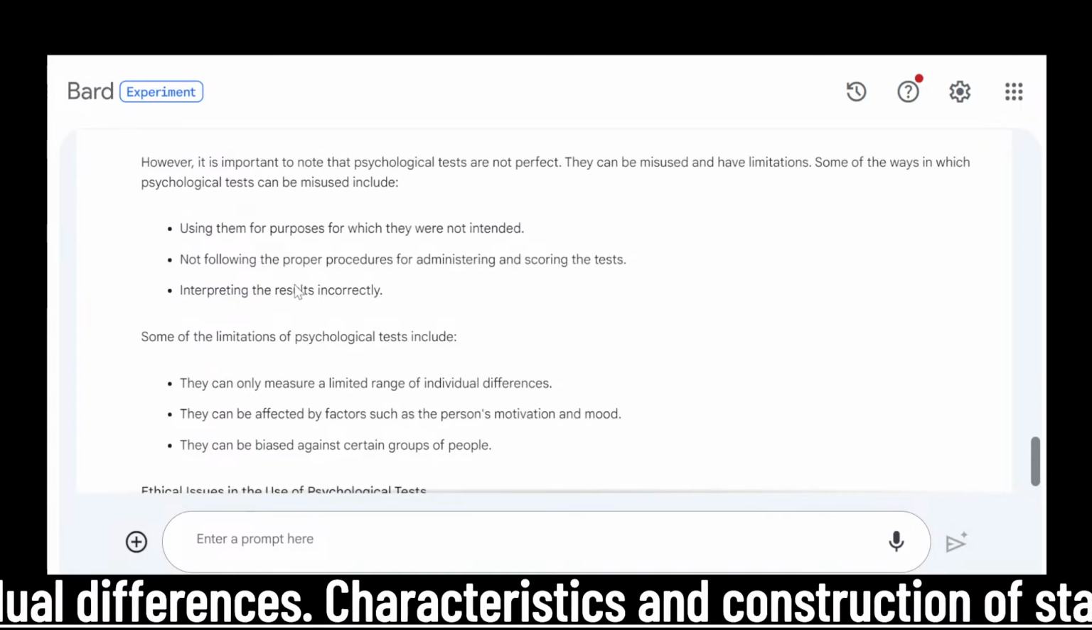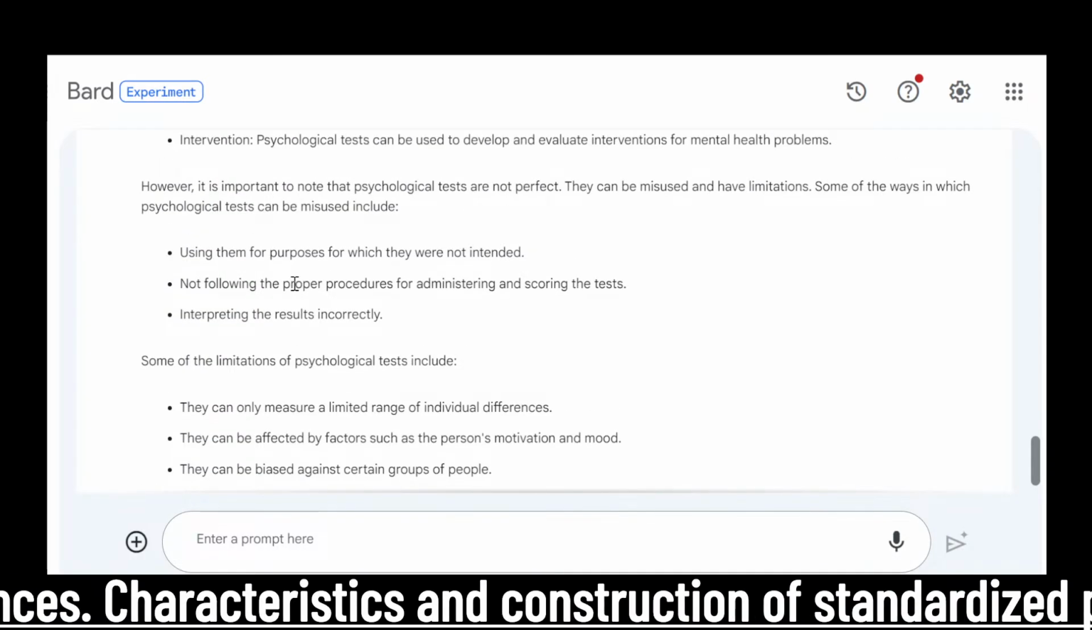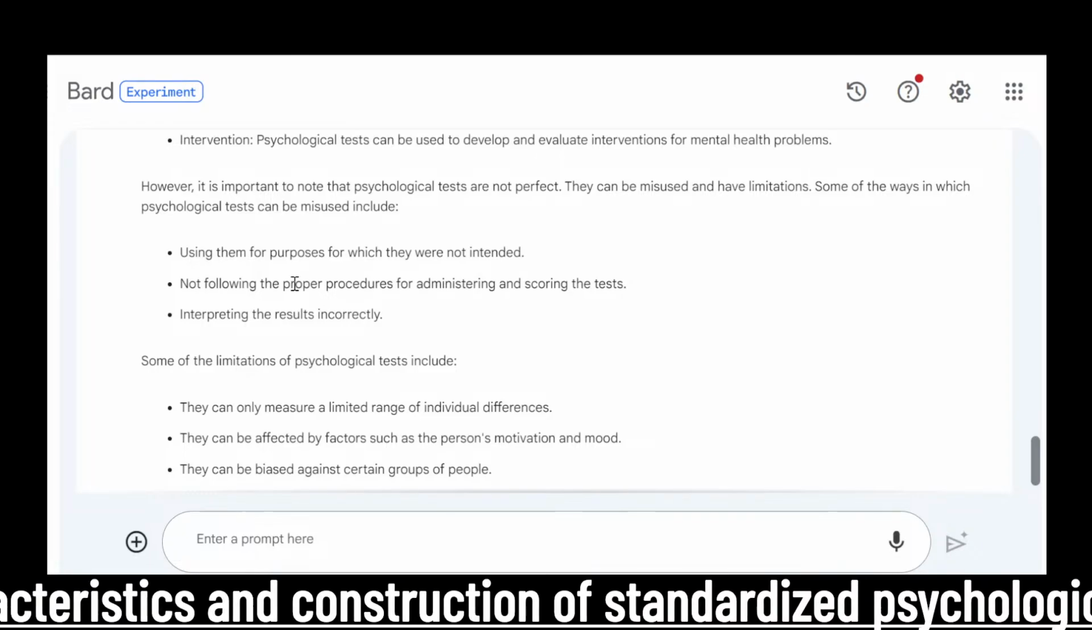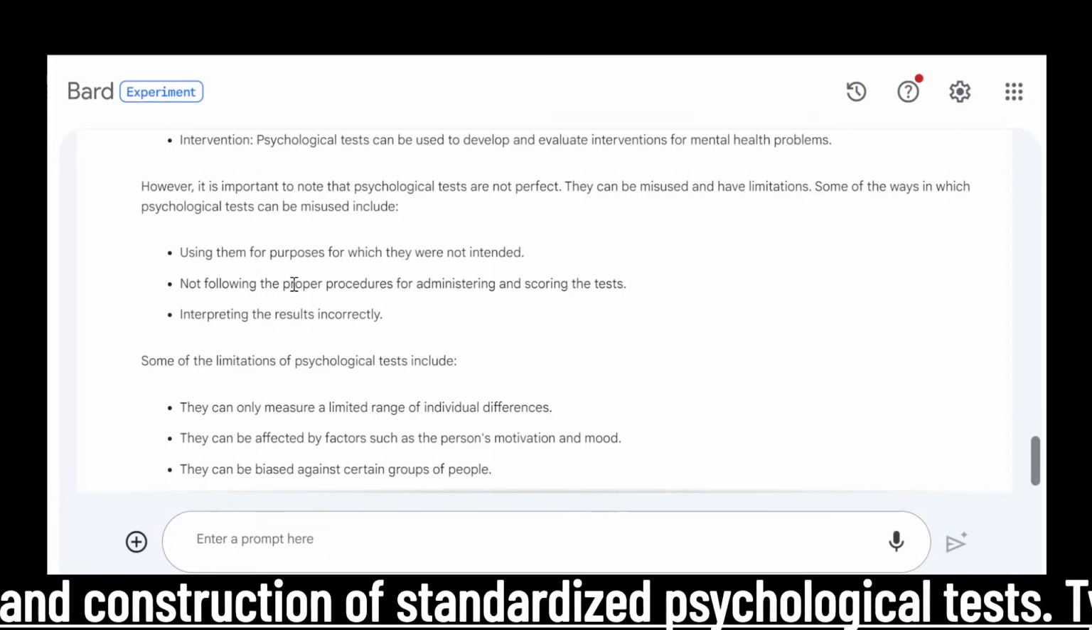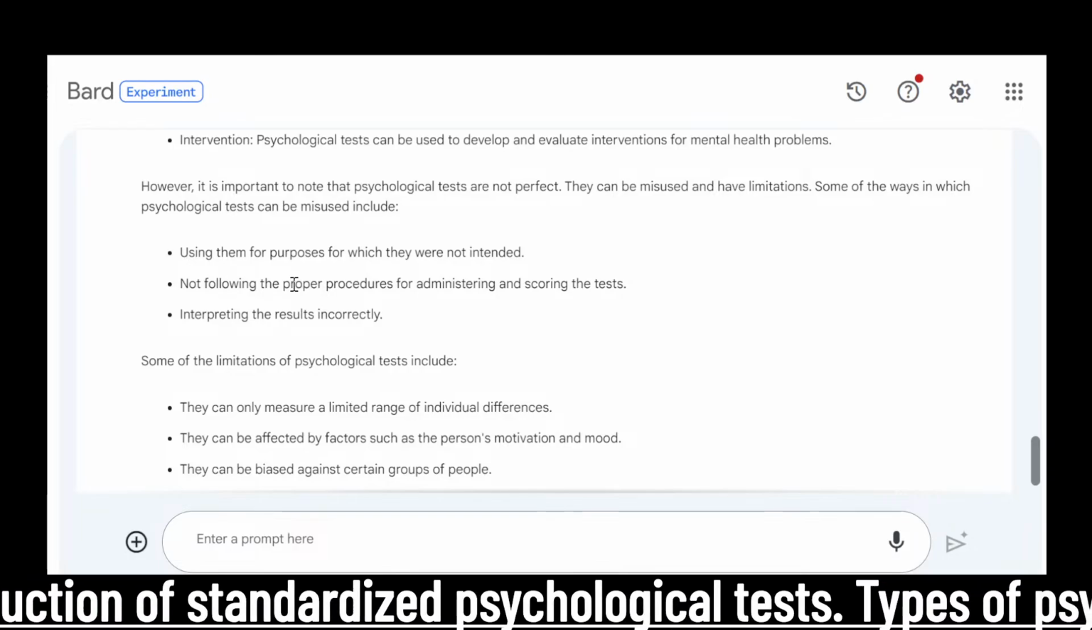It is important to note that psychological tests are not perfect. They can be misused and have limitations. Some of the ways in which psychological tests can be misused include: first, using them for purposes for which they were